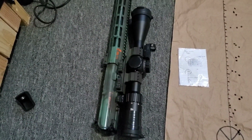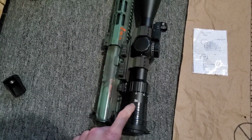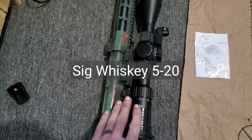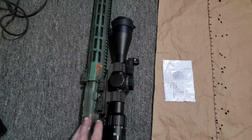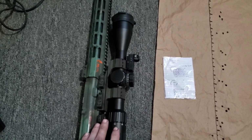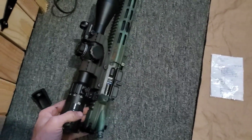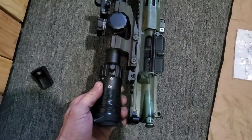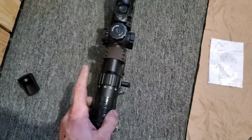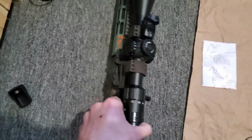So this is the 6mm UPC upper, and this is the scope that I bought for it, and this is not the scope that's going to make a home on this rifle, but I needed a target scope with reliable turrets, and preferably, at least 15 to 20 power of magnification. This one happens to be a 20, so it's a 5 to 20, not a 5 to 25. So that way I can see my bullet holes downrange when I was doing load development for this thing, which